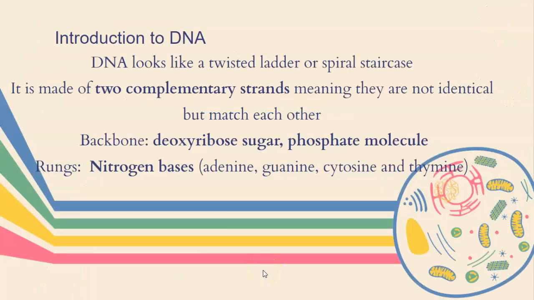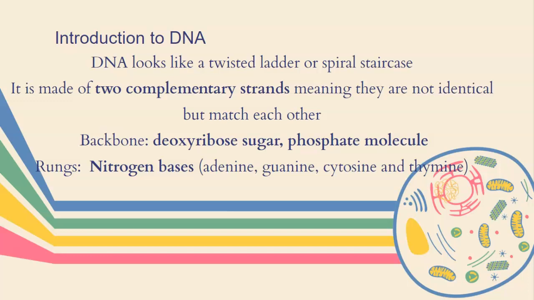DNA is a twisted ladder or a spiral staircase. It's called a double helix. It twists around and it kind of looks like a ladder because it's connected from one side to the other in the center by what looks like rungs. We say DNA is made out of 2 complementary strands, meaning they're not identical, but they match each other. So rather than identical twins, think fraternal twins, born at the same time, but don't match each other, but complement